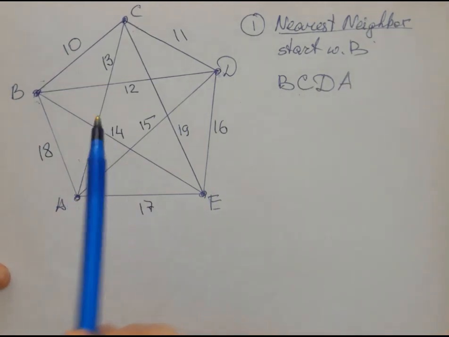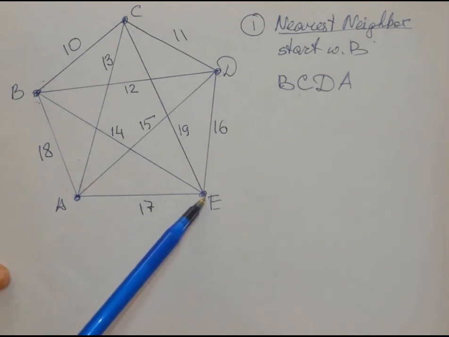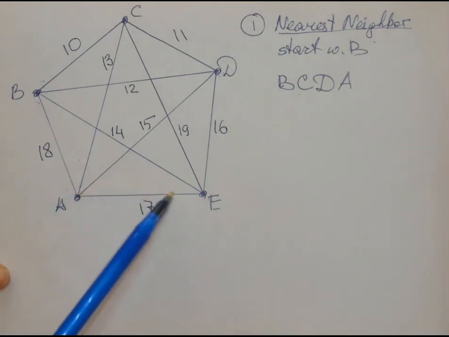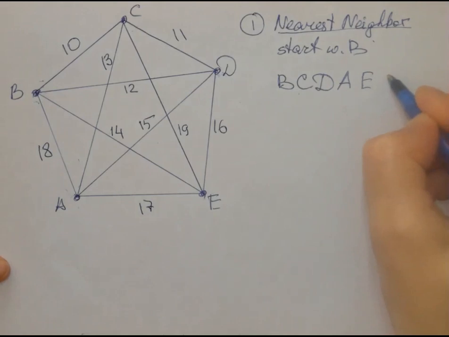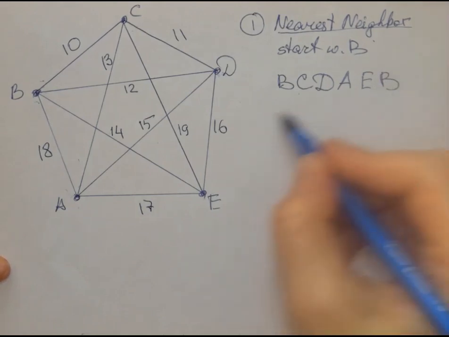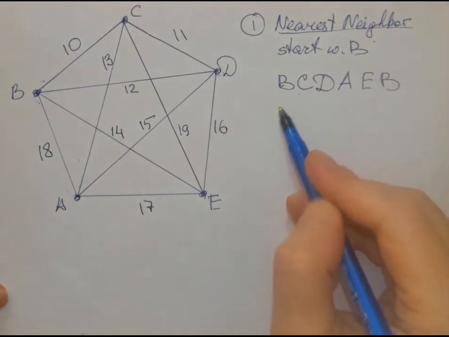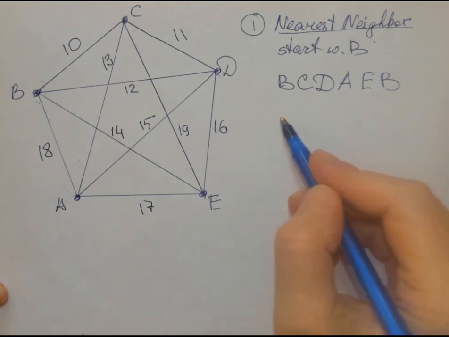So we are almost done. The only vertex left is E, and we do not have to choose here. We just move to E, and then we return to B. To find the weight of this trip, of this